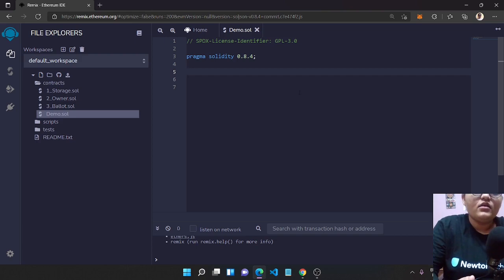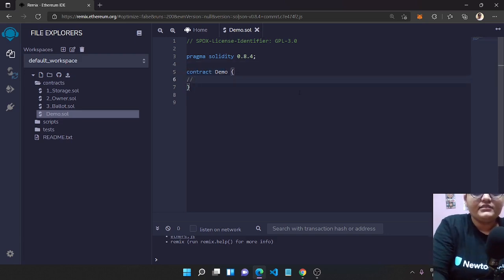The thing is that their meanings are a bit different and the way they work is a bit different. We have some keywords in the Solidity language, and the way we specify a class in a programming language like C++ or Java, we use the class keyword. Same way, to write a contract, we need to use the contract keyword. So now let's have a contract, and then we need to give the name of that contract. So let's give it demo, and then we need to use the curly braces.